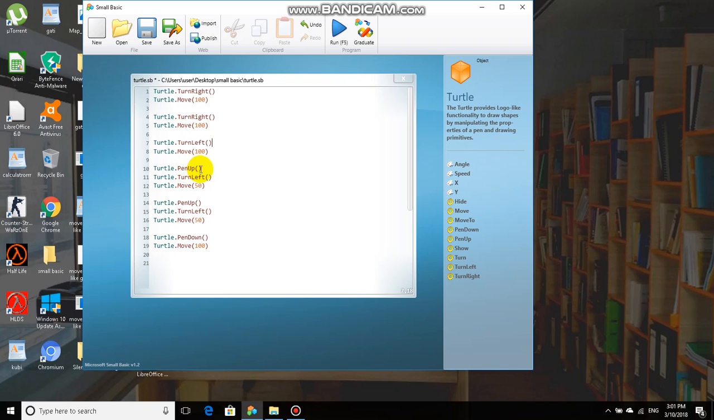With this command you tell the turtle not to write anything, and I told the turtle to turn left and move 15 pixels. In the fifth one I did the same. In the sixth one I